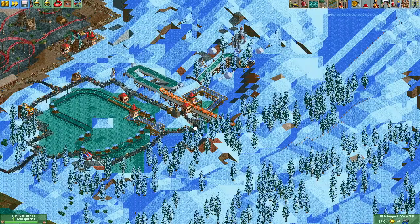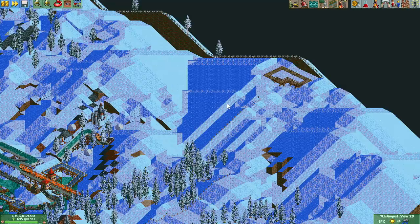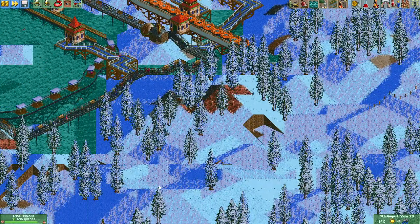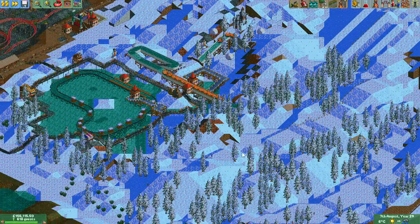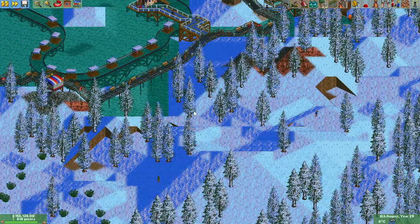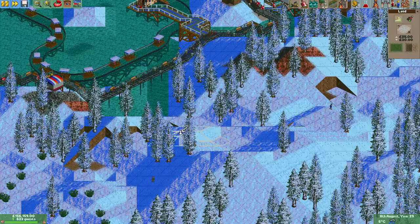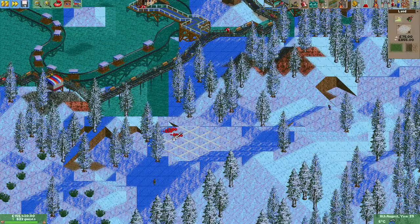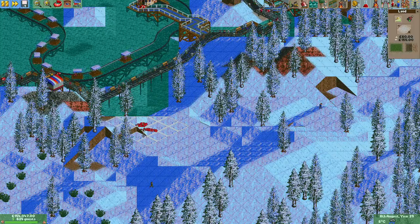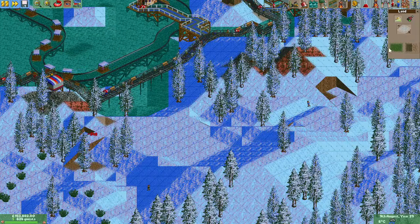So let's continue with what I wanted to do with this episode, which is start linking up the top of the hill. Let's have a look at where these ski runs go. This is the kind of ski run which comes down to here. So I think this section of the lake down here, let's flatten this out a little bit, because what I want to do is build a chairlift going up from here. This is going to be a nice little bit in which we can have a chairlift station, and maybe